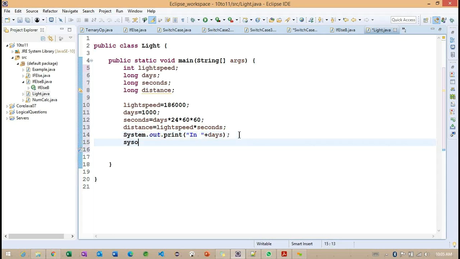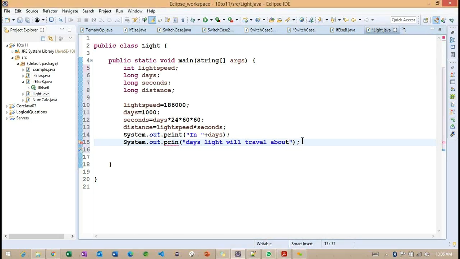In these days, this particular light, how many miles is this light going to travel?